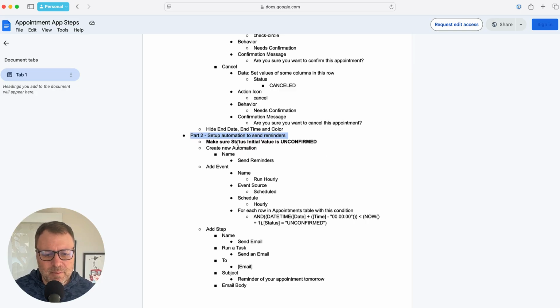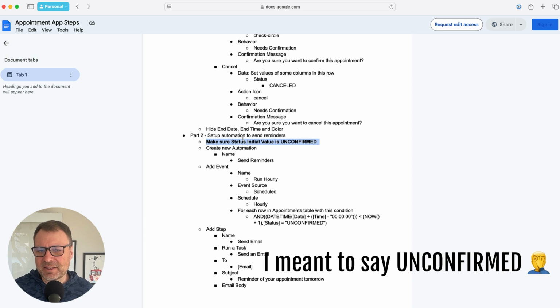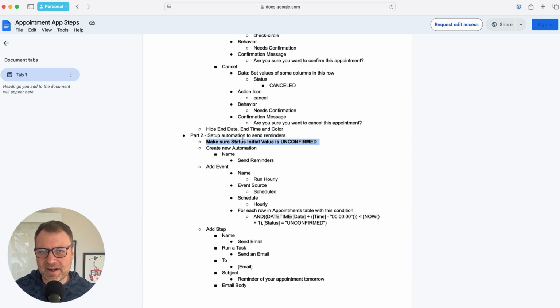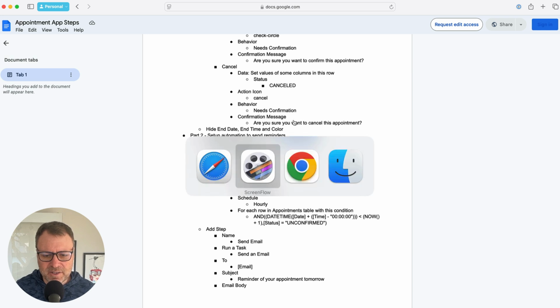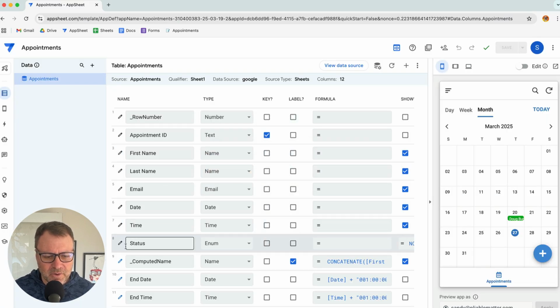All right, so we're going to pick up right here under part 2, and the first thing we need to do is set the initial value for the status to confirmed. This is something that I meant to do in the first video, but I forgot to do it, and it's very important as far as the whole thing actually working in the end here. So in order to do that, I'm going to copy the unconfirmed value. I'm going to go into my AppSheet app and I'm going to edit the status column and set the initial